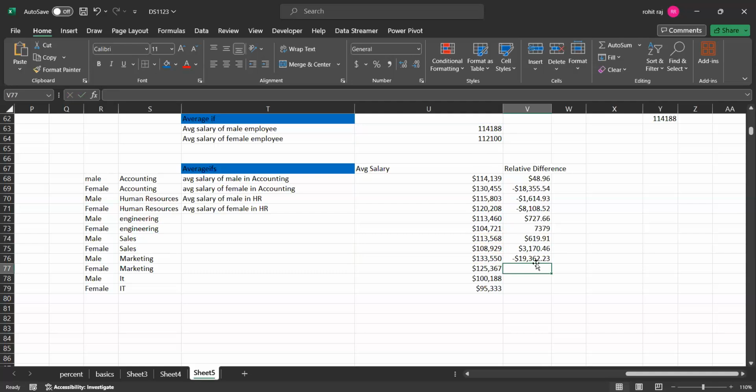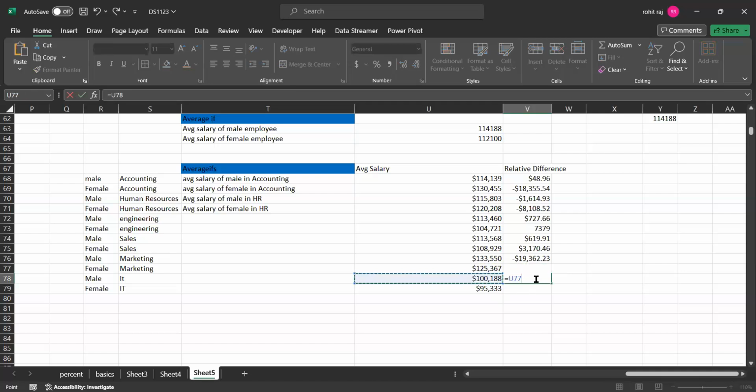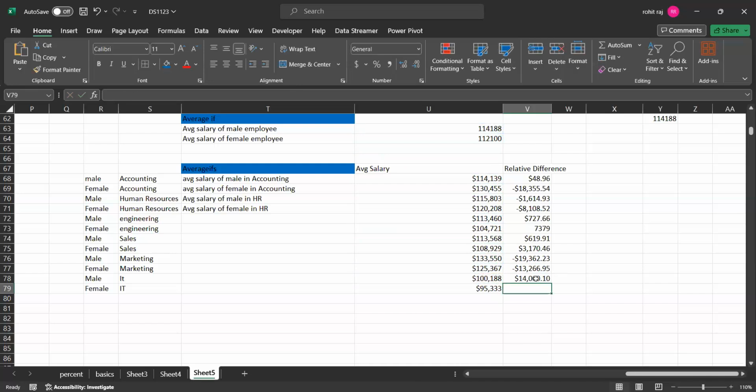So male employees in the marketing department, they're having the highest difference, right, with the average salary as compared with the overall organizations. Let's talk about female employees. They are again at the higher end, of course, right? They're earning a lot more as compared to other employees, right? So let's say male employee in the IT department is earning, of course, very